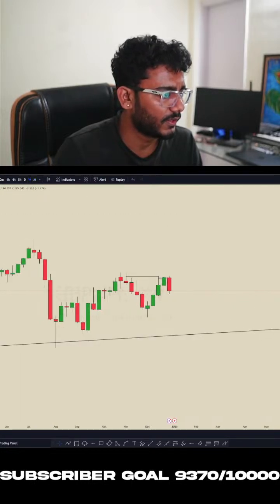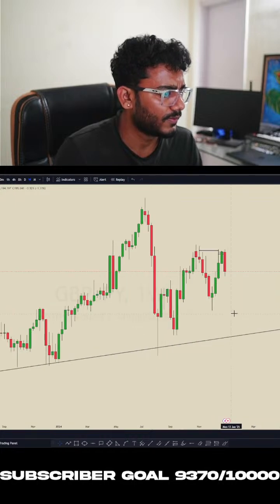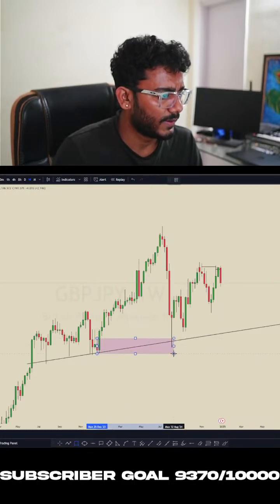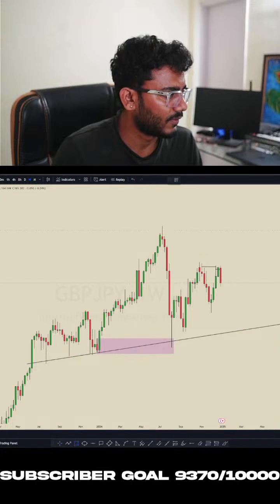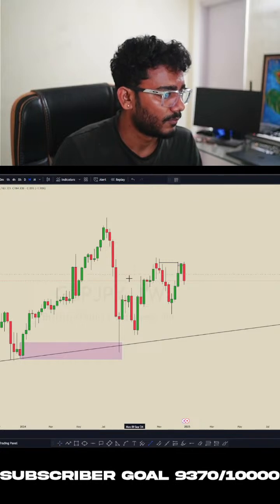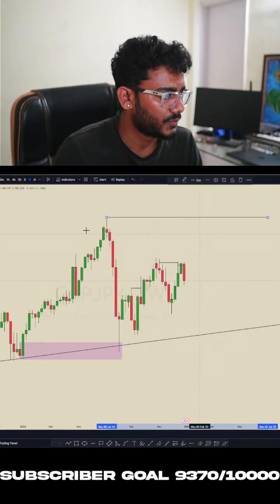So if we look at weekly time frame, we can see this order block got mitigated and then price gave us a reaction to the upside. Okay, so this is on weekly, so we know that our higher time frame direction is to the upside. Again, price broke this high. This is the internal high, and this is our swing high on